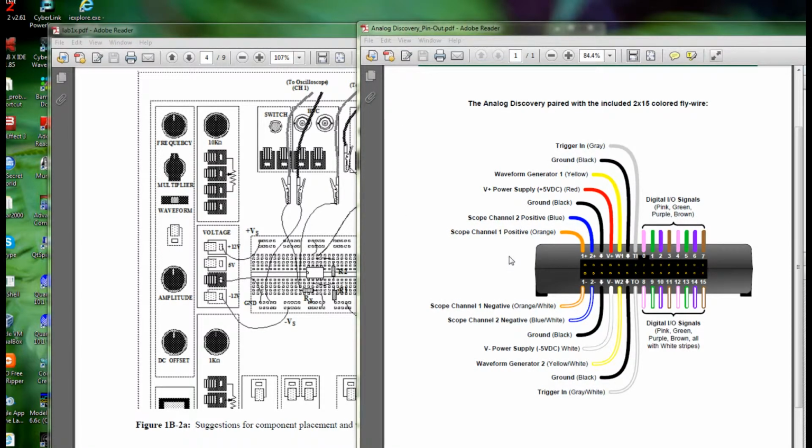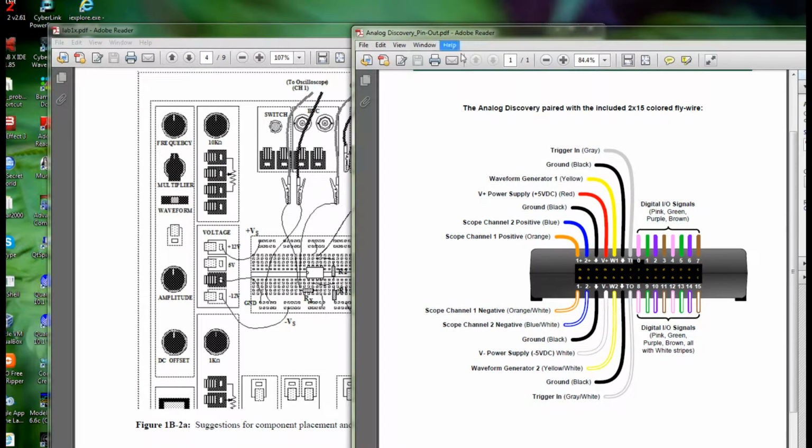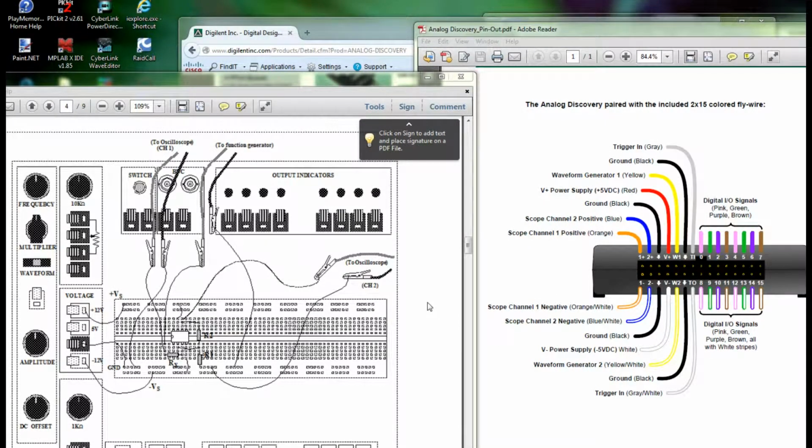Now let's connect our Analog Discovery to our circuit. During this discussion, I'm going to be referring to this Analog Discovery pinout, which is available on the Digilent Inc. website. Now let's connect our oscilloscope and waveform generator to the circuit. We have two scope channels connected here. Here's channel 1, and this is the ground for channel 1, and here's channel 2, and this is the ground